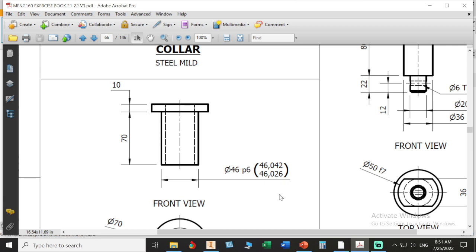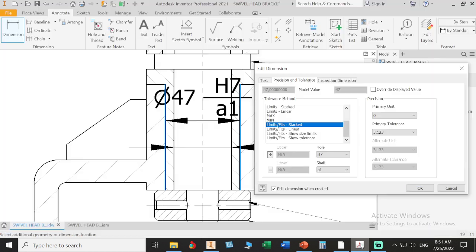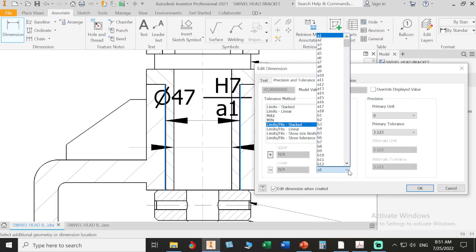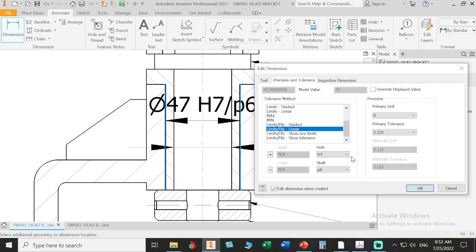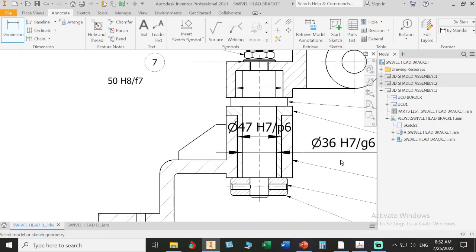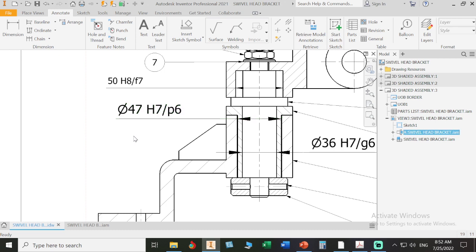Okay, then let's give it P6. And here we have P, with the P letter on your keyboard to be P6. Linear, okay. And there's something wrong going on while we are creating, escape. Take this out. And as we can see, we have a 47, the hole of my